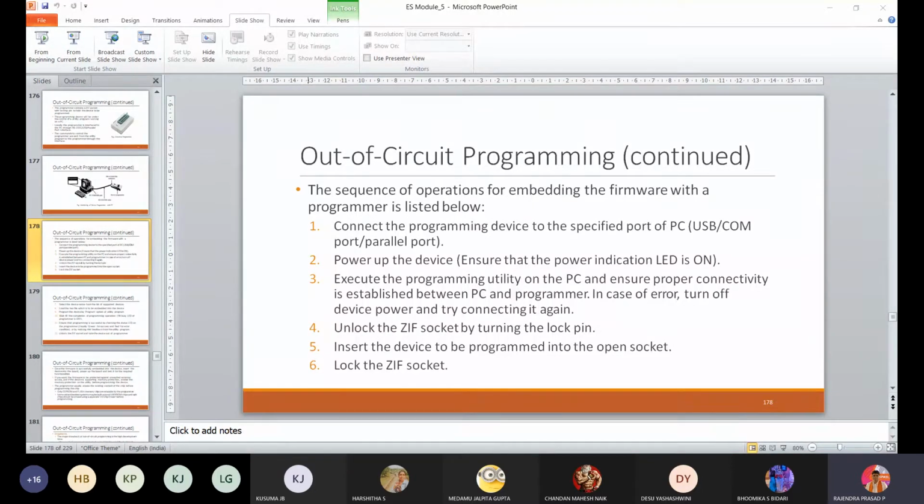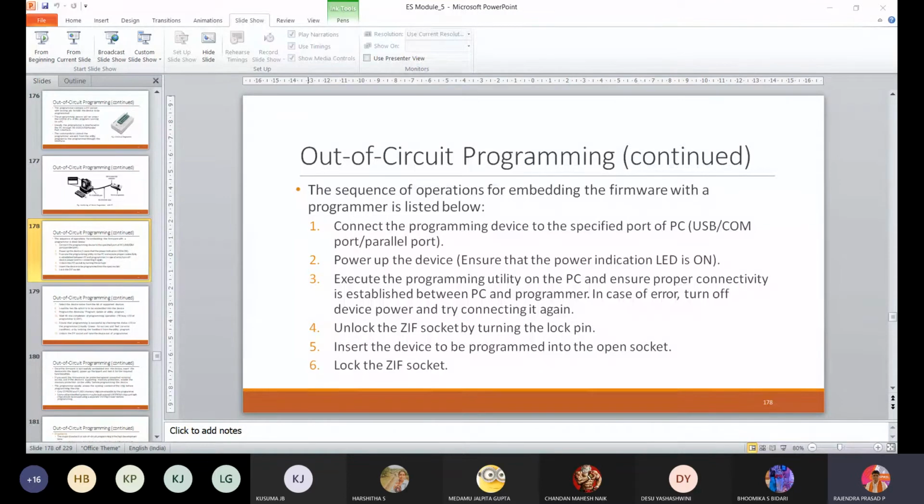Then, once the firmware is successfully embedded onto a device, insert the device into the board, power up the board, and test the board functionality. Check whether it is working in all conditions and whether memory is working or not. When I explain hardware interfacing programs, the previous program gets overwritten, so again I need to reset the device, program it, and check.